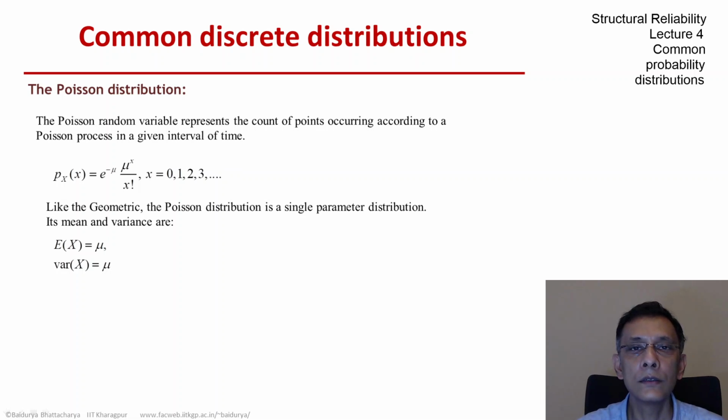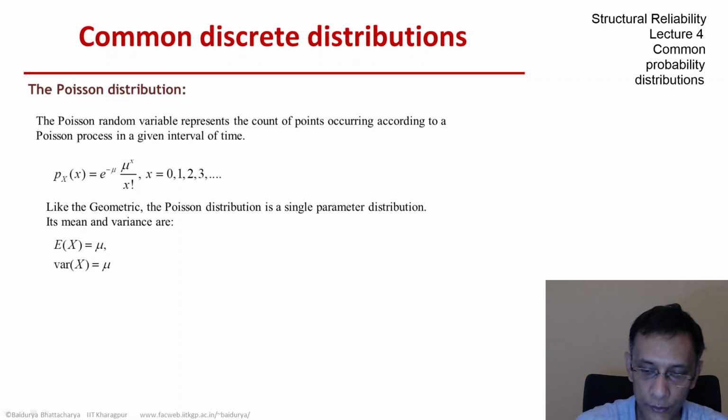You can expand the sum for the expectation and the variance, and you can derive that the PMF that you see on your screen yields the mean of mu, and the variance also mu. Now, there is an intimate relation between the Poisson random variable and the Poisson process, which we are going to see later, but I just wanted to